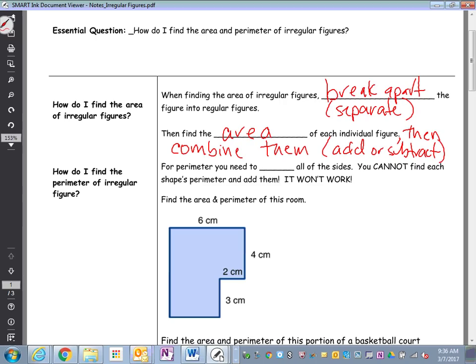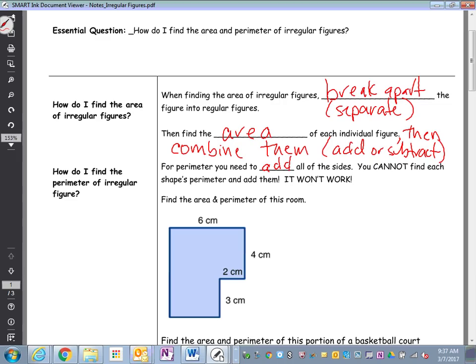And that will give you the area of that shape. Okay, for the perimeter, so we're going to find the area, which is, what is the area? Inside, outside? What side? Inside. Inside, good. So it's all of the inside area, and this particular one is the shaded part. For the perimeter, you need to add